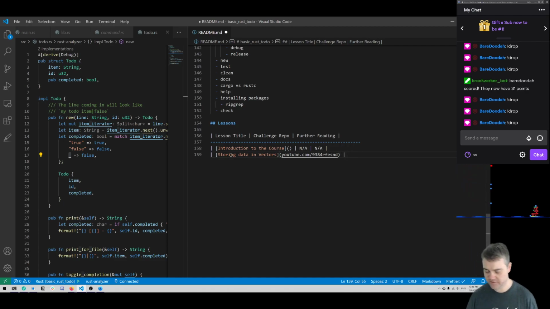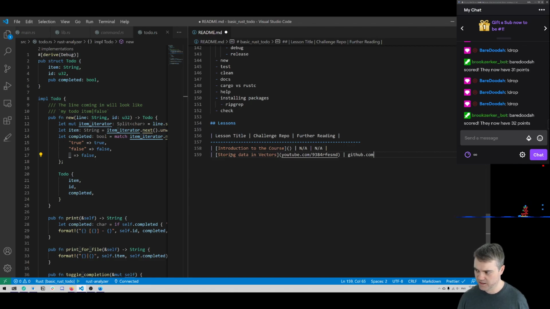The challenge repo would obviously be something like github.com/Brooks. Did I put a dash in my name? I don't remember. Brooks build / it would be something like intro to rust slash. I'm thinking that I'll just have a single intro to rust repo, and then maybe we'll do assessment here. So intro to rust, and then slash the